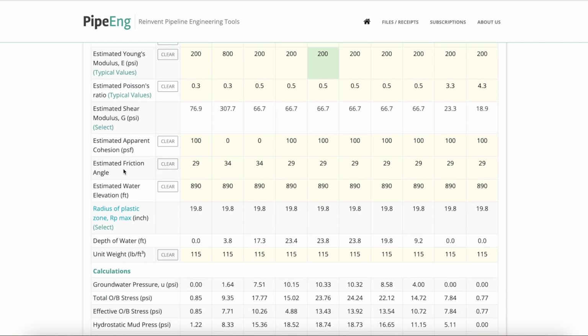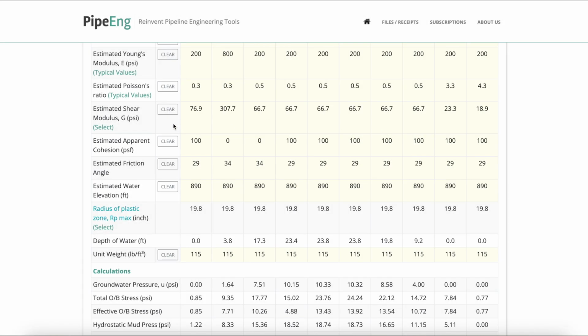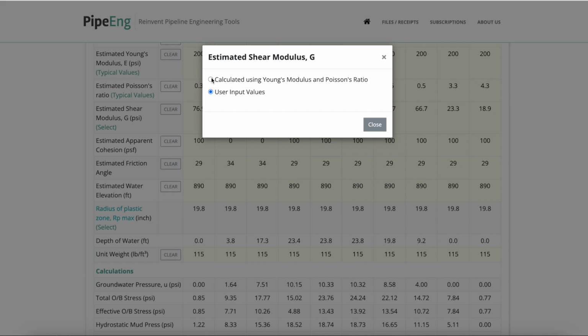And there's an estimated shear modulus. This is a calculated value based on what you put in. Again, you could use the calculated one based on the equations, or if you know for sure from the geotechnical report, you could put a user input value to manually put that in. So you have 2 options. If you choose user input value, then you have the potential to clear everything and manually put it in. But in this demonstration, I'm just going to go with calculated Young's modulus,